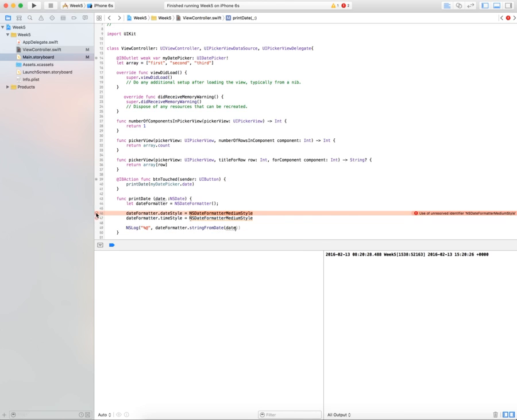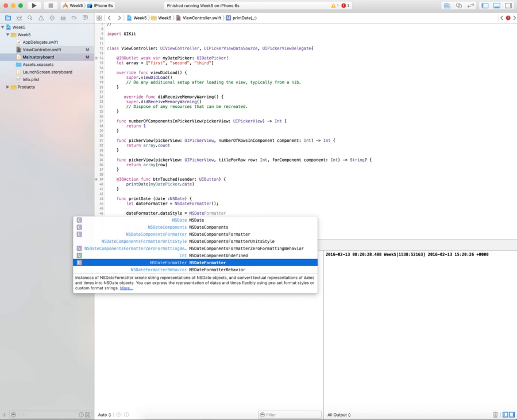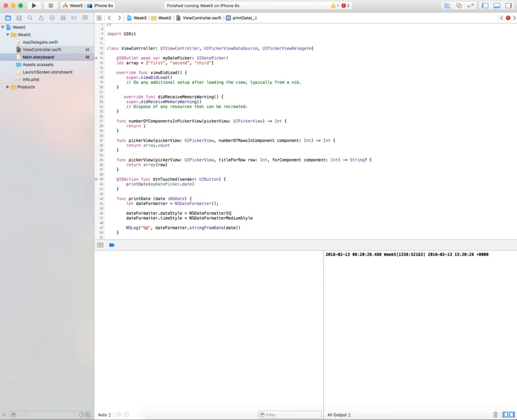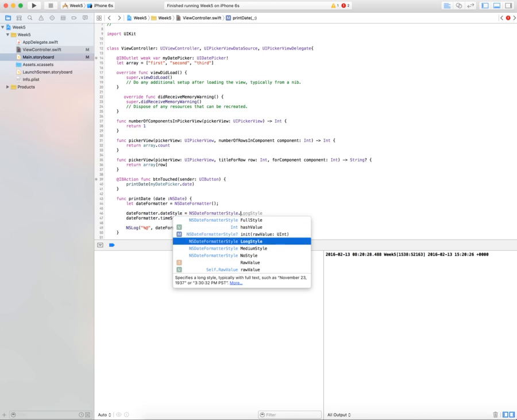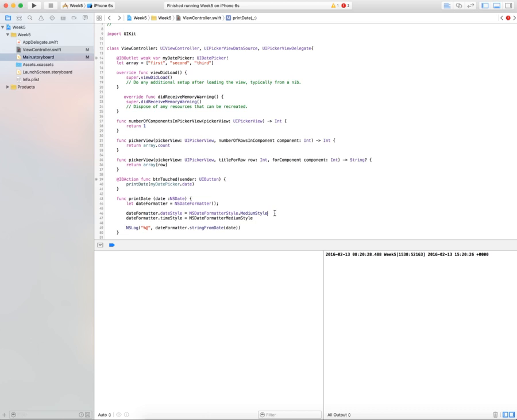We've got a couple errors in here. Use of unresolved identifier NSDateFormatterMediumStyle. I see. So we've got NSDateFormatterStyle dot MediumStyle that we need to use instead. So the reason we do that is that we're using the NSDateFormatterStyle, but then we use the dot MediumStyle. So now when I build and run,